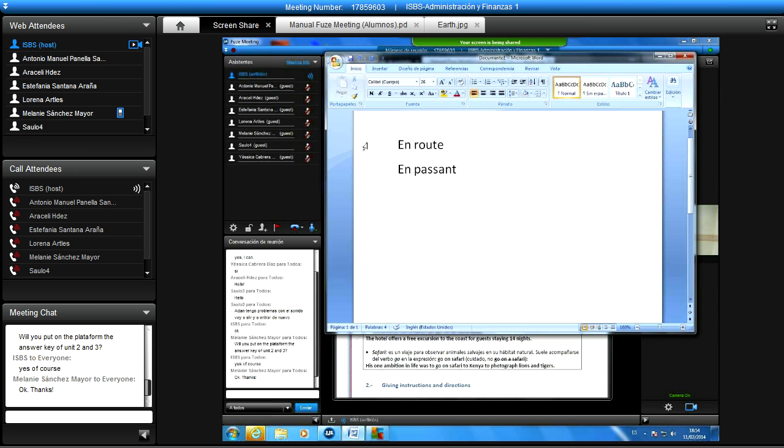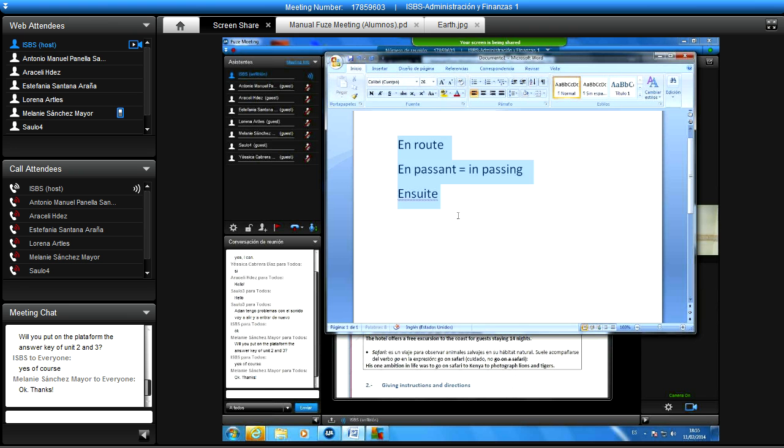Y lo de en suite is when you go to a hotel and you have a bathroom connected to the room, okay, because if you go to a low-cost place, like for example a youth hostel, un albergue, maybe you have to share the bathroom. So the bathroom is not in your room, it's in the common areas. So that's not en suite, it's shared, okay? So there are many French expressions in English.